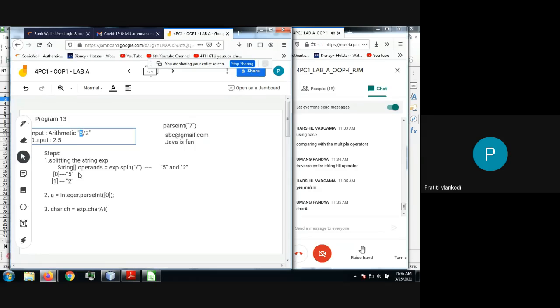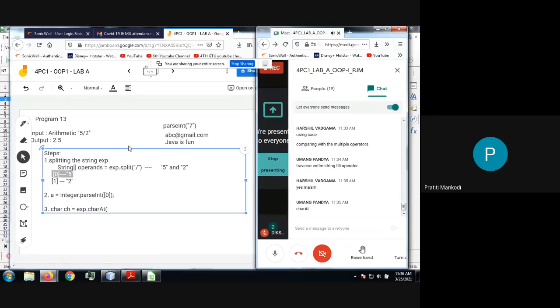Once I have the operand 0 with me, can I get the length of this? What is the length of this operand 0?